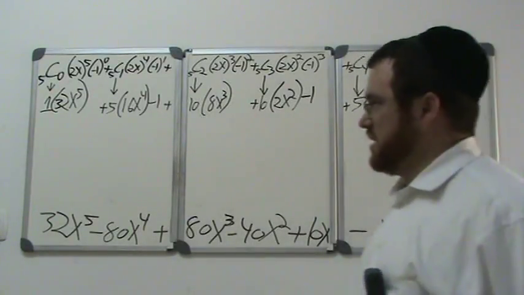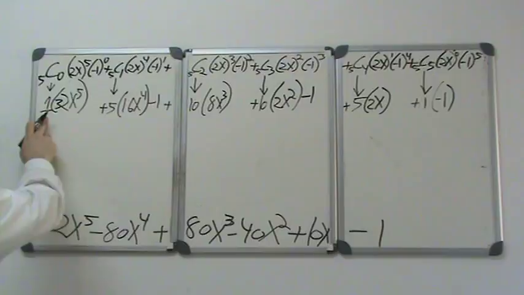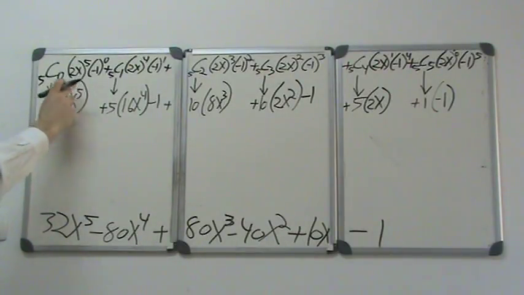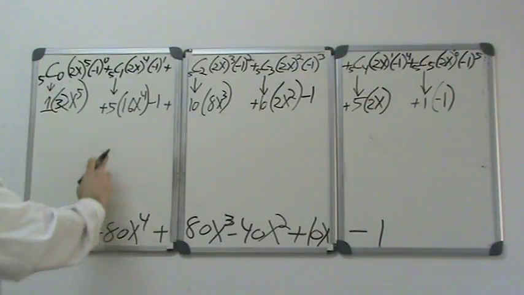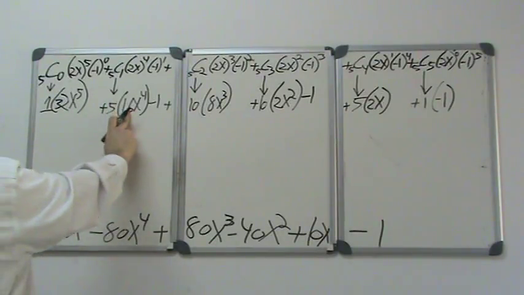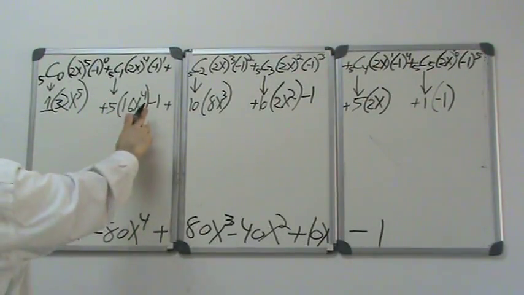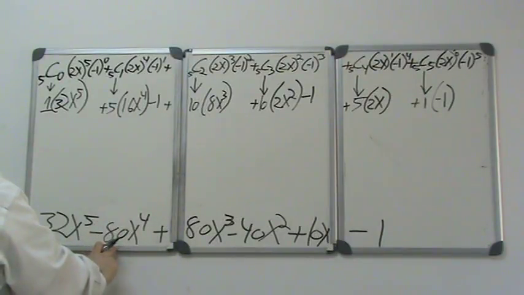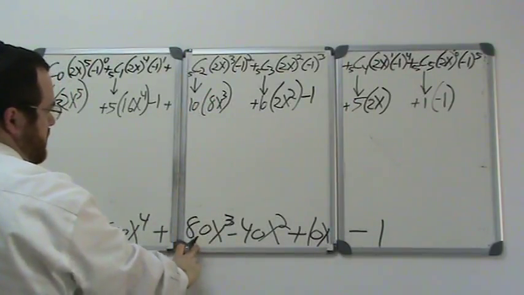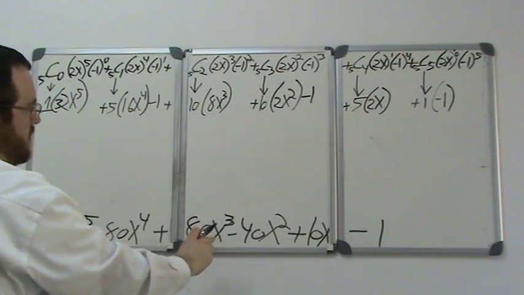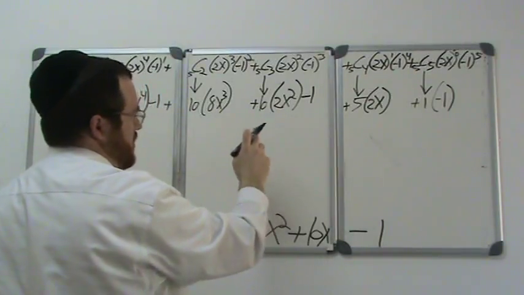Now we're going to add this all together. 1 times 32x to the fifth is 32x to the fifth. 5 times 16 is 80, and it's times a negative 1, so it's negative 80x to the fourth power, plus 10 times 8 is 80x to the third power, plus 10 times